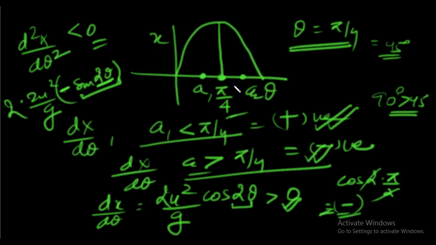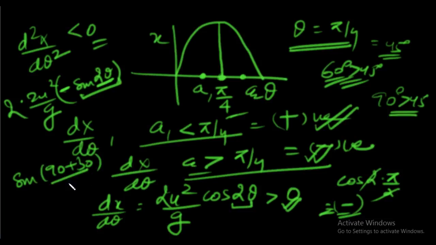Okay. Again, 90 would give 0, but you increase the quantity. For example, you take 60 degrees. Okay, 60 is greater than 45. So you take 60, sine 120, and sine 120 is sine of 90 plus 30. Sine A cos B plus cos A sine B, this is positive. So overall the sign would be negative, because sine 120 is positive. So this quantity always has to be less than 0, and the first derivative has to be 0 at that particular maximum point. So we have proved that pi by 4 gives the maximum value.